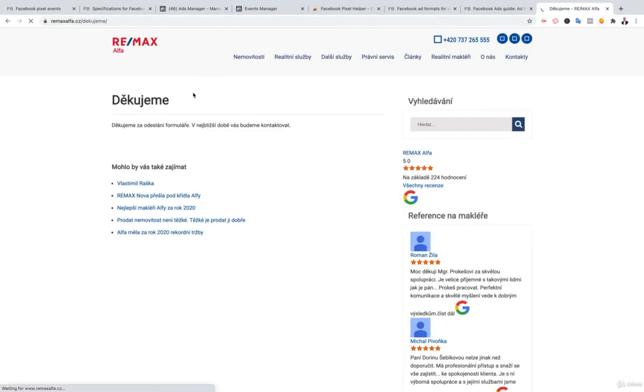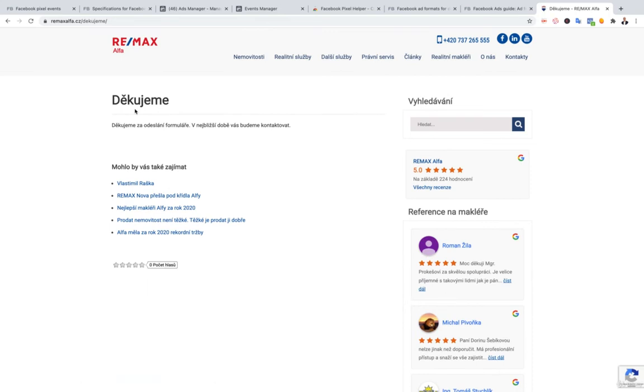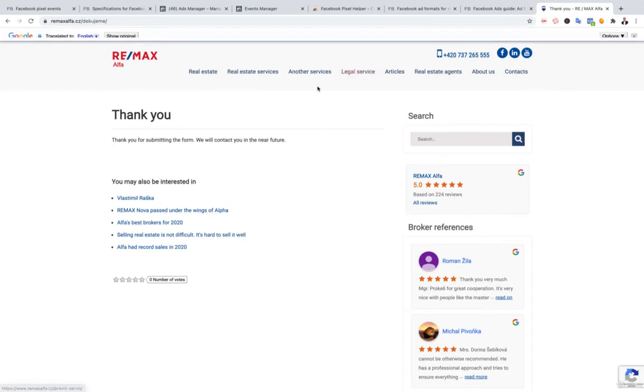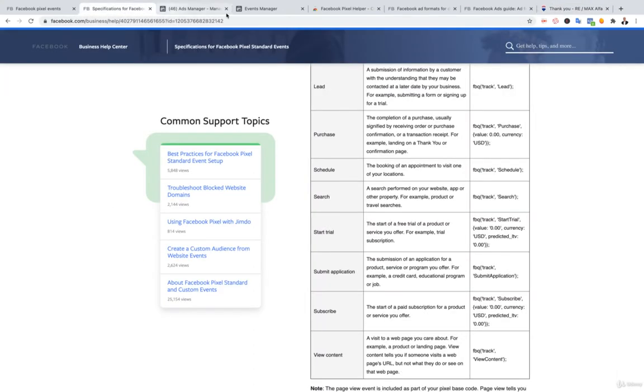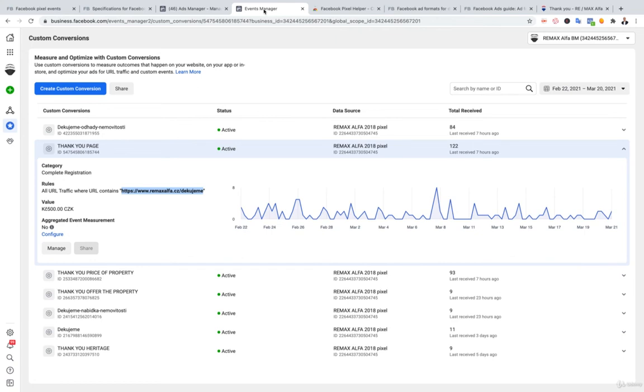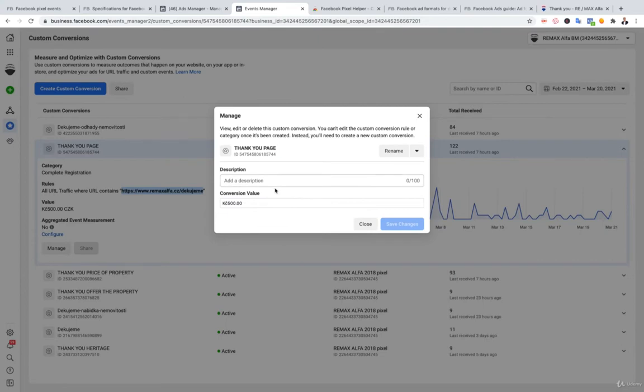And this is basically a page that is appearing when the people fully fill the form. So when people leave the lead form field and they click to send the information, it will show them, thank you for submitting the form. We will contact you very soon. So this is the thank you page. So if you have a thank you page, you can just easily add